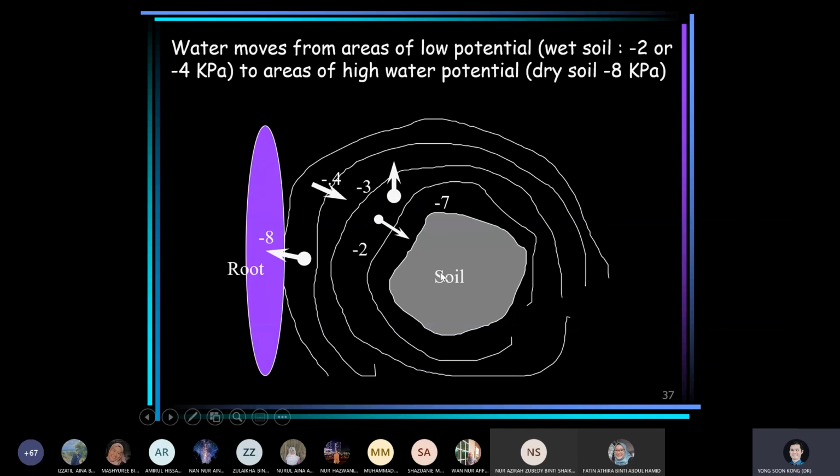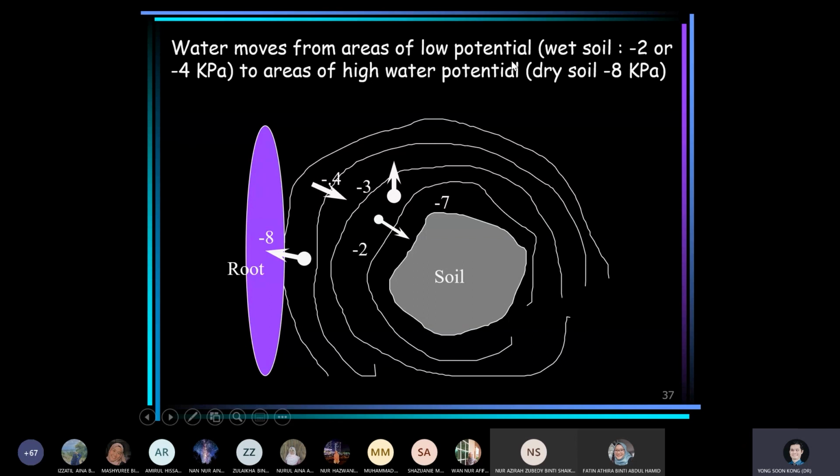Now, what about in between? In between here it depends. So most likely you can find water from this region which is further away from living organisms. So they are said to be having a higher water potential. You can see here, this is said to be higher because, if you put a negative sign, this is the highest among these water potential values. So that is why water will flow from a high water potential